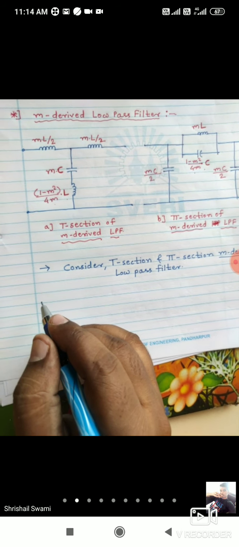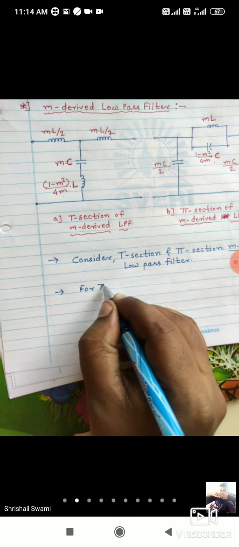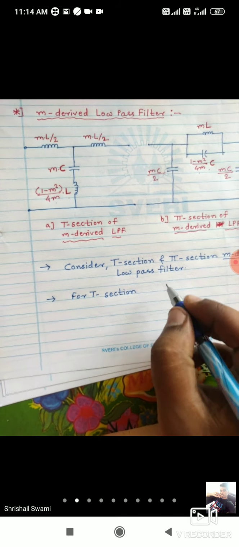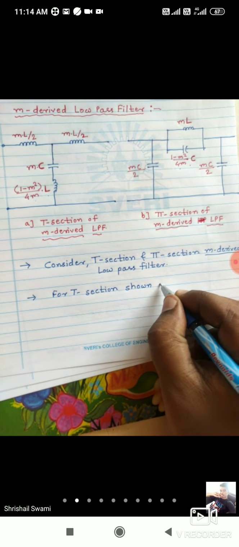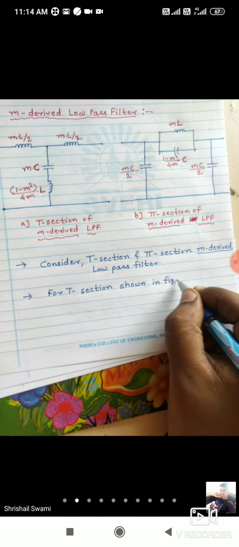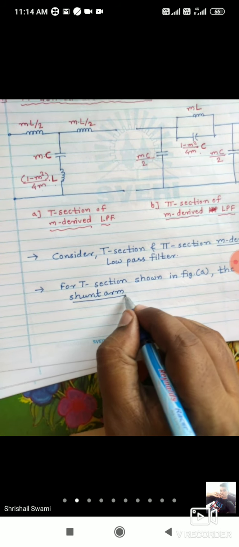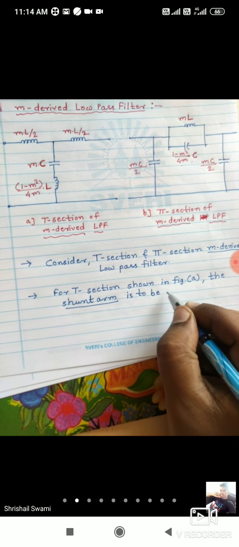Now next, for the T section shown in figure A, the shunt arm, shunt means parallel, is to be chosen